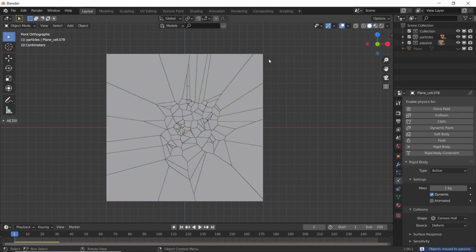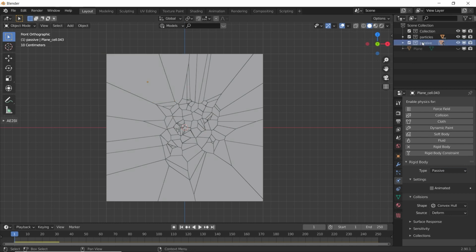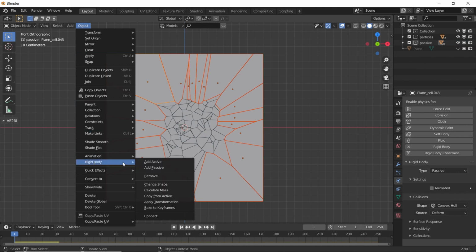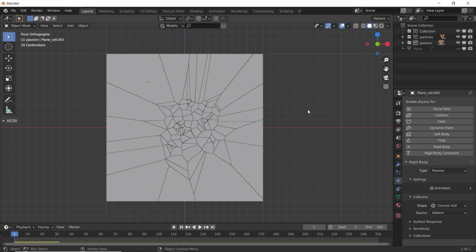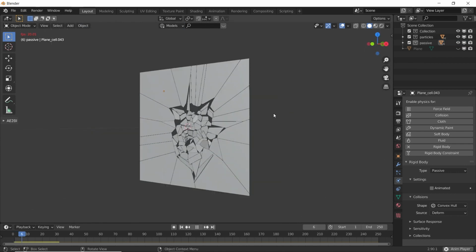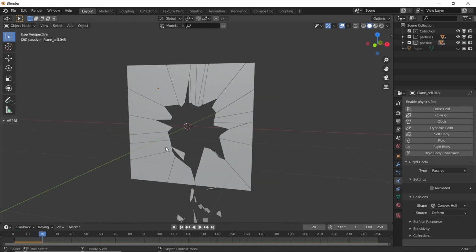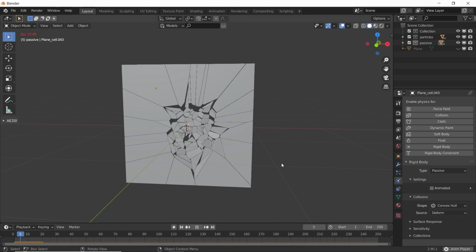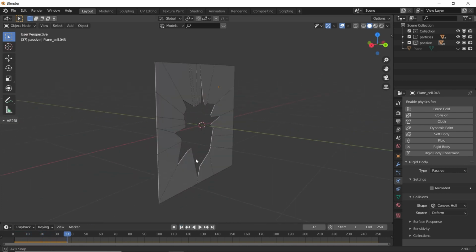Now select any object from the passive one and set the rigid body type to passive. And select this collection, select objects, Rigid Body, Copy from Active. Now if you play the animation, the position of these particles won't change. Okay, now this is nice.